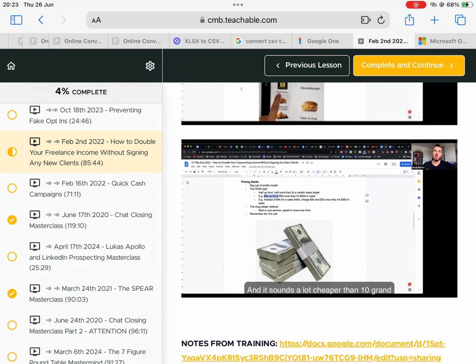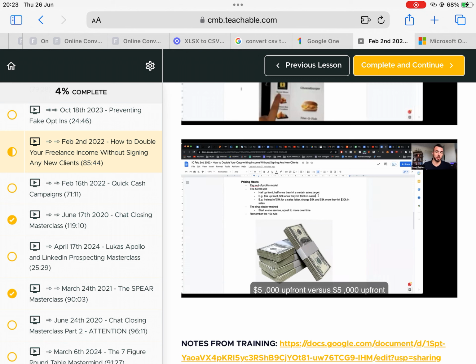It's a much cheaper way. It sounds a lot cheaper than 10 grand upfront. They're still paying the same 10 grand, but this way you're basically saying, hey, it's 5 grand upfront, and I've got some skin in the game here. I'm not going to get that other 5K unless I deliver for you. So of course you're much more incentivized to do a better job with the sales letter, and they're like, okay, this person has some skin in the game. They're going to go above and beyond to make sure the sales letter is good because otherwise they won't get paid. Cool. I'm not saying instead of charging 10 grand upfront, charge 5 grand upfront and 5 grand once you hit 10K in sales. I'm saying if you're charging 5 grand at the moment, then you can offer this, and you've literally just doubled your income without doing anything.